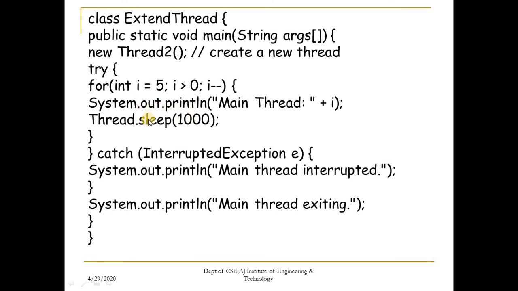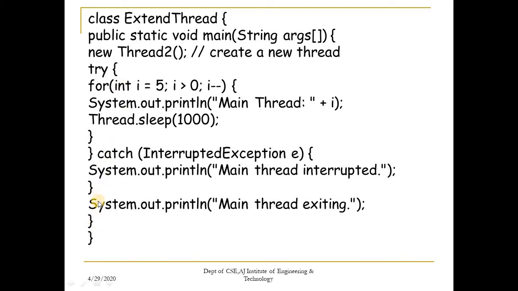That is, if the sleeping thread is interrupted here, then an exception will occur, and that exception is handled by the catch block, which will handle the InterruptedException. It will display "main thread is interrupted." And finally, after displaying all the digits from 5 to 1 with the delay of 1000 milliseconds, at the end it will display "main thread exiting." Close the run method,